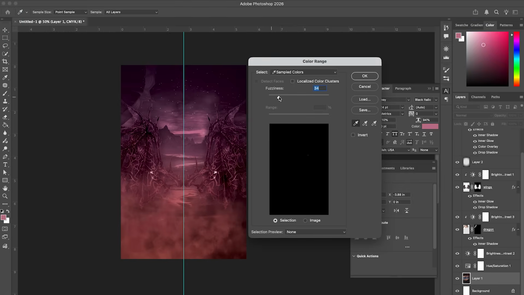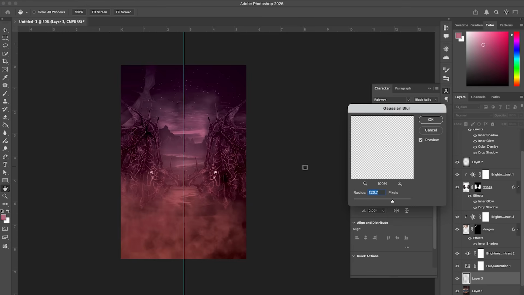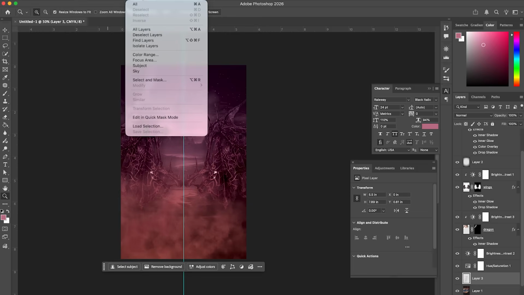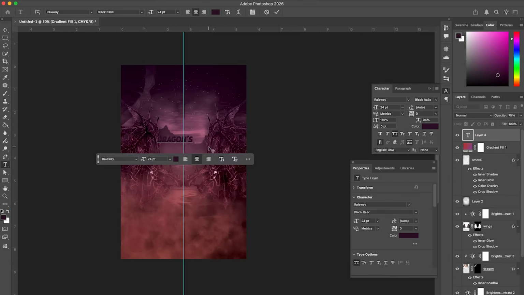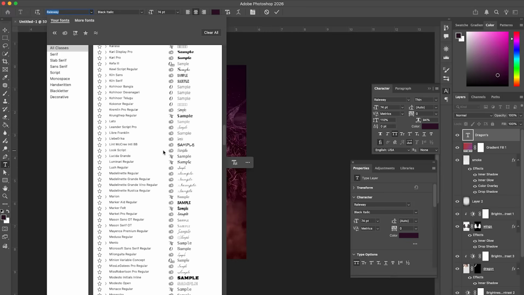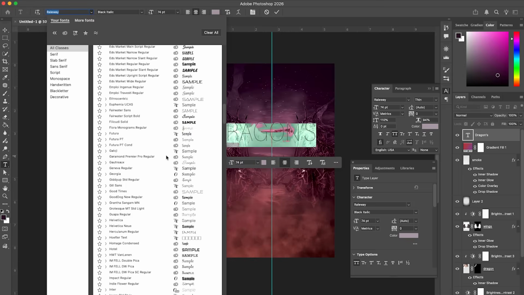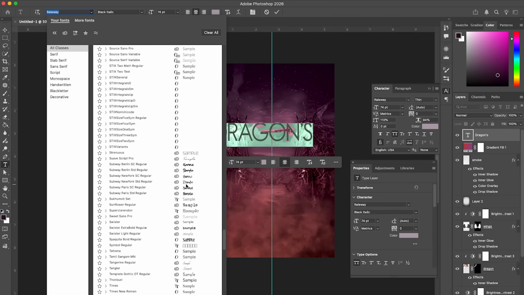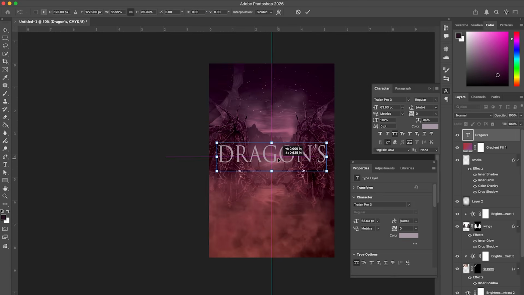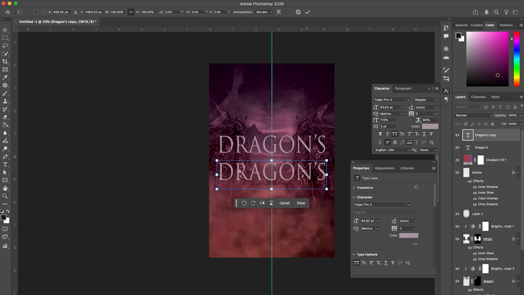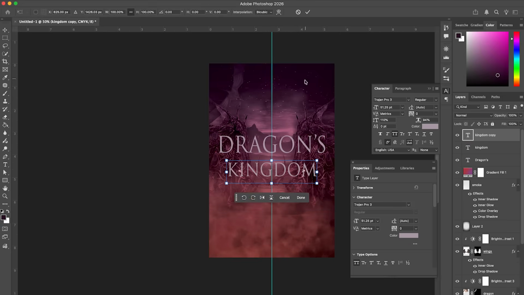I cannot tell you how many times I have seen new cover designers design a cover and it just looks like there's too much going on. Or sometimes if a client comes to me and I'm designing their book cover, they send me a little mock-up they created, and the mock-up is just cluttered with a million different things going on. They're trying to recreate a scene from their book on the book cover, and it just doesn't work,